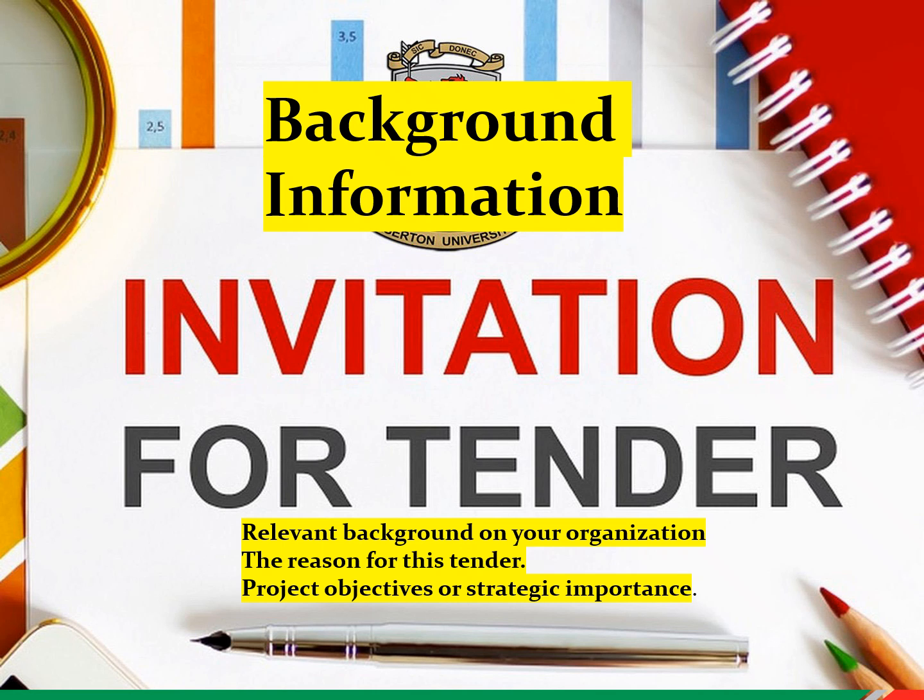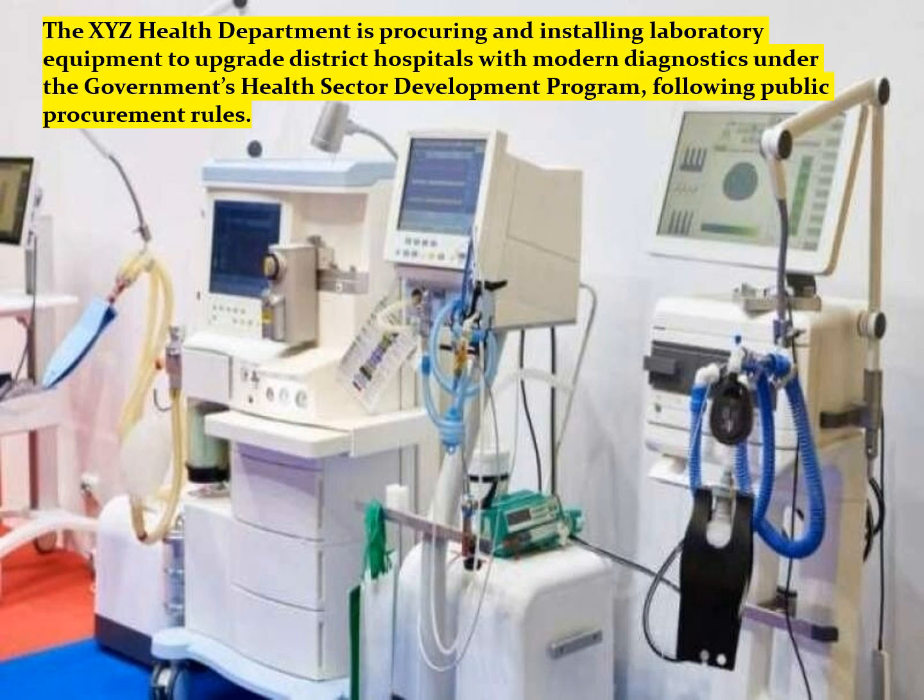In the next section of the ITT, you will provide background information, including relevant background on your organization, the reason for this tender, project objectives or strategic importance. For example, you can write, "The XYZ Health Department is upgrading district hospitals with modern diagnostic tools under the government's Health Sector Development Program. This tender aims to procure and install laboratory equipment as part of that initiative, in accordance